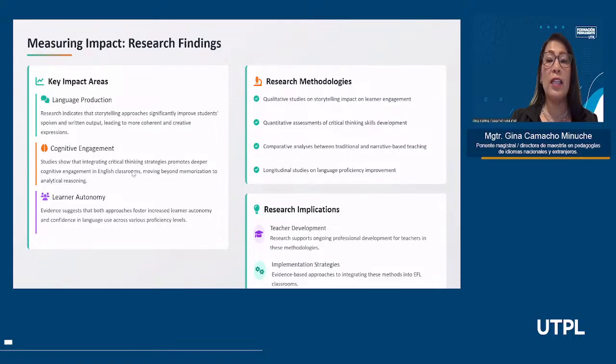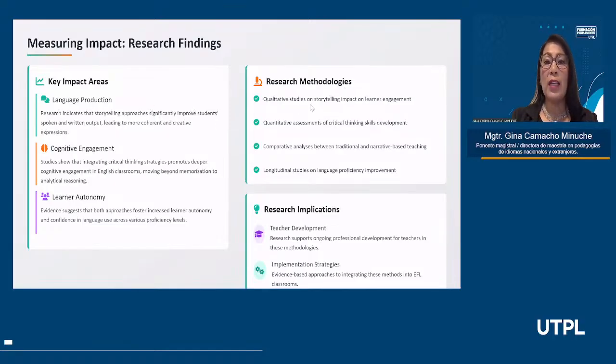Studies show that integrating critical thinking strategies promotes deeper cognitive engagement in the English classroom, moving beyond memorization to analytical reasoning, as we were discussing before. Learner autonomy. Evidence suggests that both approaches foster increased learner autonomy and confidence in language use across various proficiency levels. You see, learners learn to be autonomous.